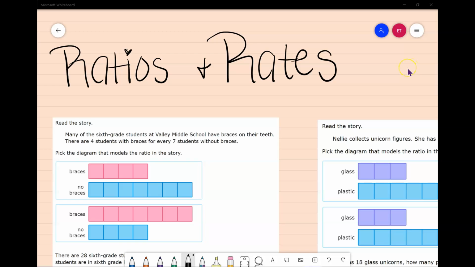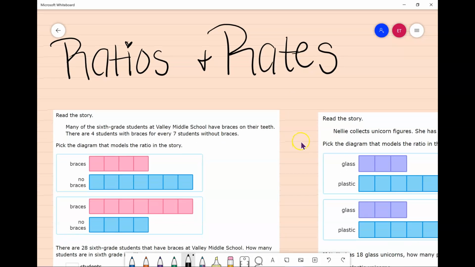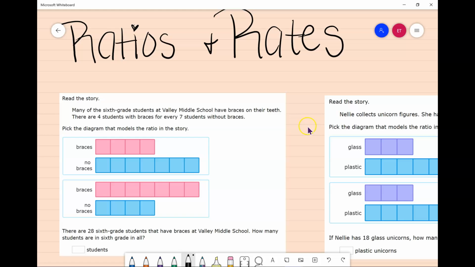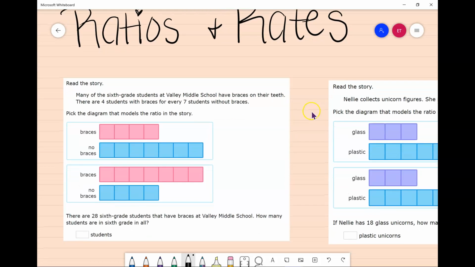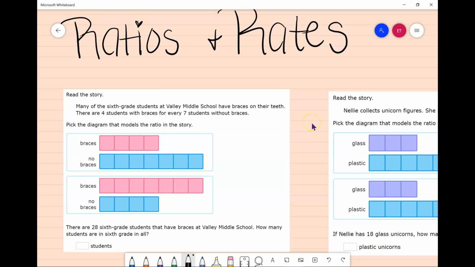Today I'm going to be talking to you about ratios and rates. So yesterday I uploaded 2 folders. You did an introduction to ratios, and then you also did an introduction to rates. We did really well on ratios, but we struggled with rates, and that's okay because we're just now learning it. So I wanted to review some questions about rates with you. And then I also wanted to talk to you a little bit about ratios, but we're going to talk about ratios first. So remember, a ratio